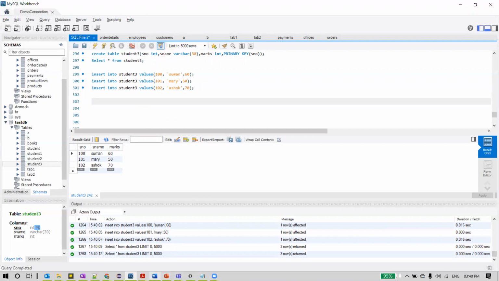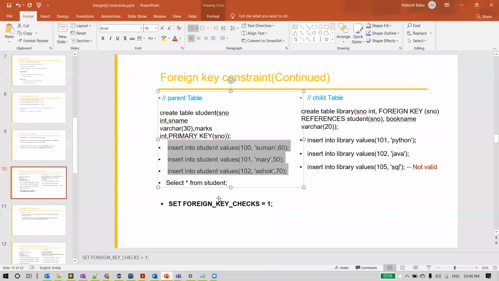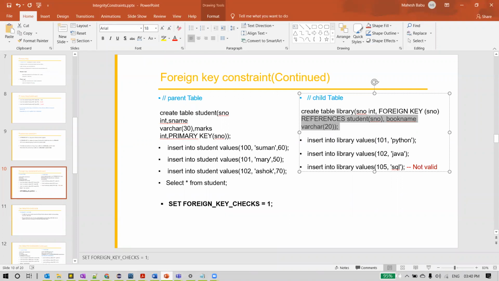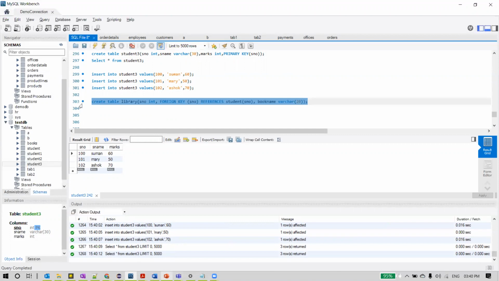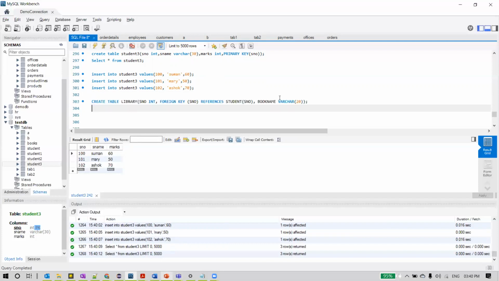This is about creating our parent table. Now we wanted to create a child table, which is the library table. So this is foreign key referencing. You can clearly see it here. Let me make it in uppercase. You just need to highlight this and press Control Shift U, the shortcut which converts your whole query into uppercase. You can see create table library, S number integer, and then we are saying foreign key. Then we need to specify what the foreign key is.